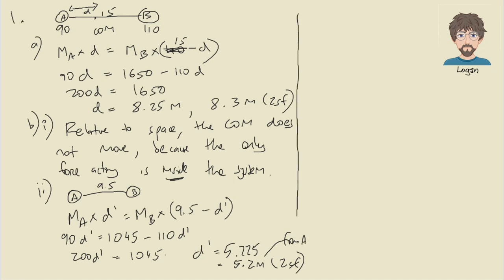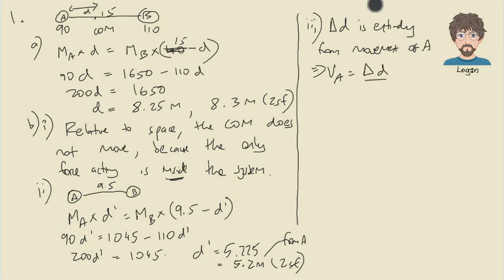Alright, part 3. Now it says calculate the velocity of A. The key is this actually combines this and this. So the center of mass has not moved. That means the distance from A shrinking from 8.3 to 5.2 is entirely due to the movement of A. So delta D is entirely from movement of A, therefore VA equals delta D over delta T equals